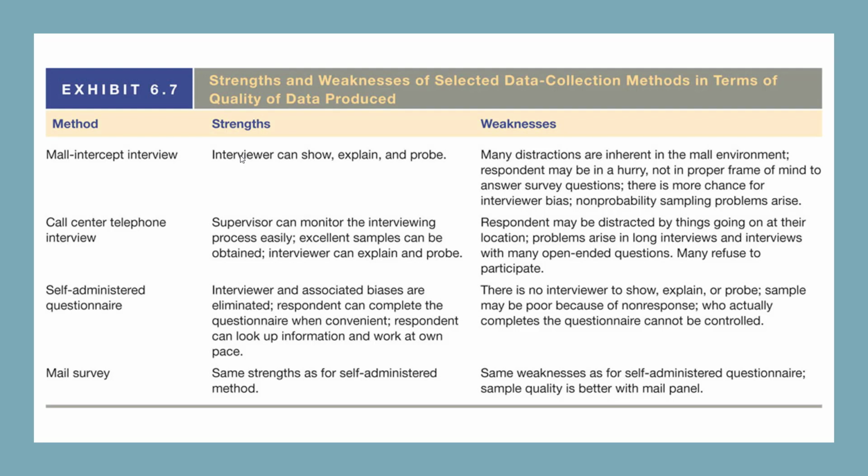They're in a hurry, so they may give you the answer you want to hear, and then you have the interviewer bias because you have social interaction, and obviously we have sampling issues as well. For call center, respondents may be distracted by things that are going on at their location, because when you call people,